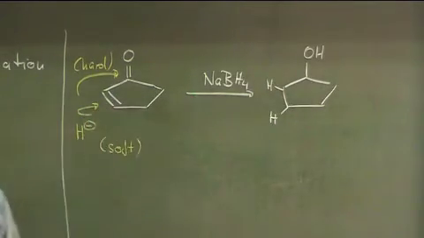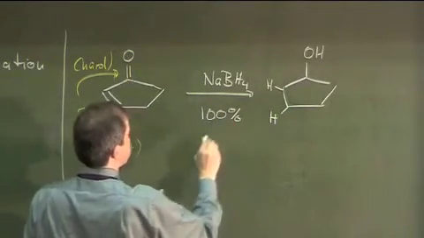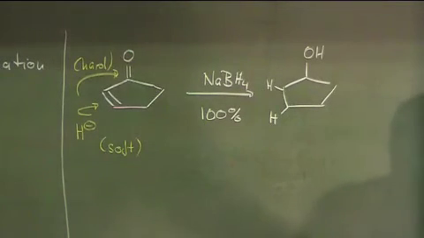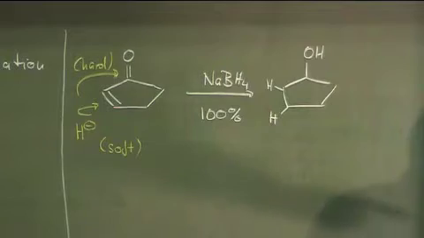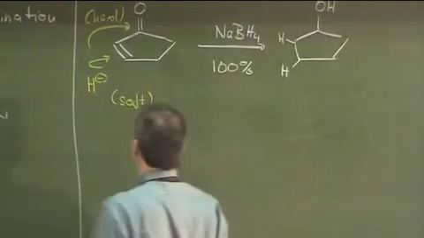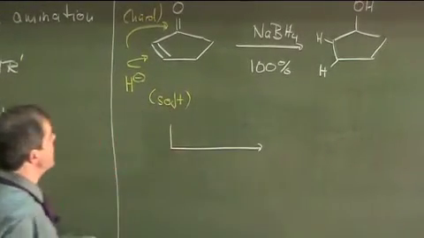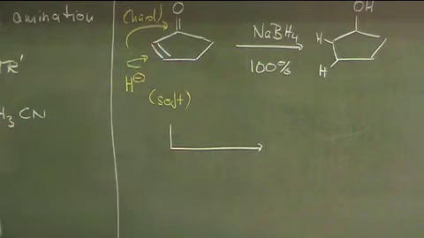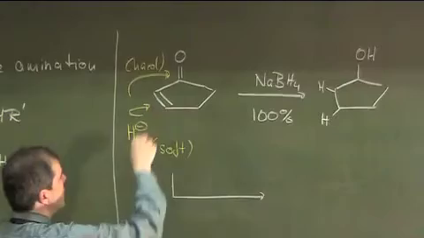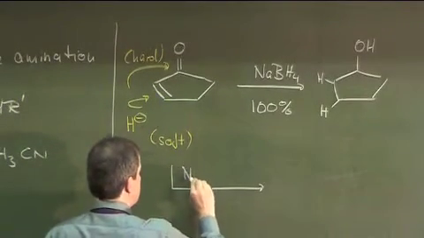Very effective process, and it works basically quantitatively. What you can do here is, in order to make your hydride reagents harder, because that is obviously what you need in order not to have it undergo the conjugate addition,